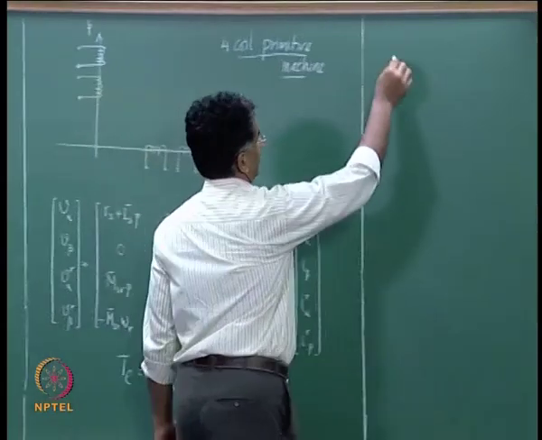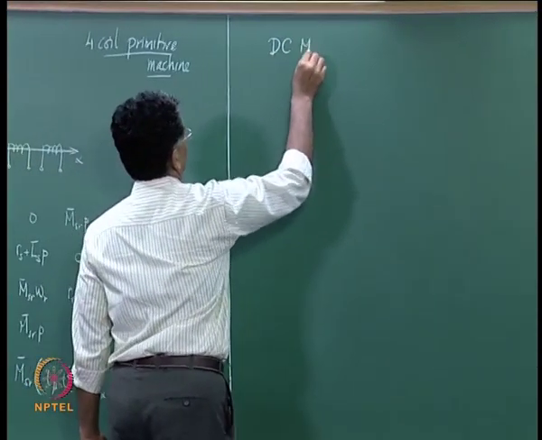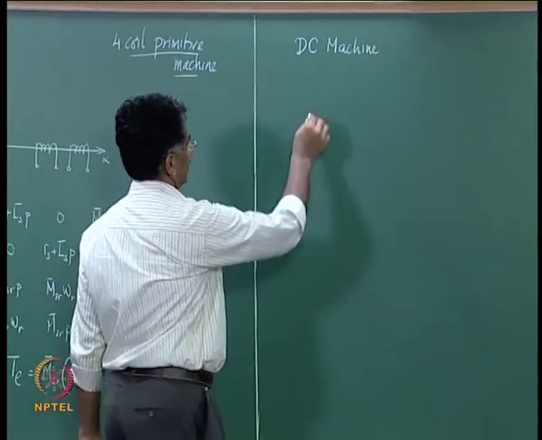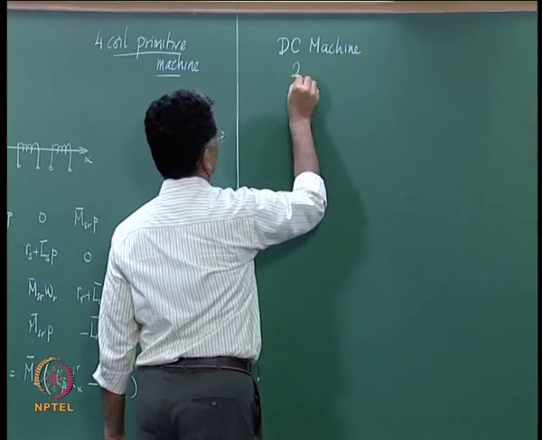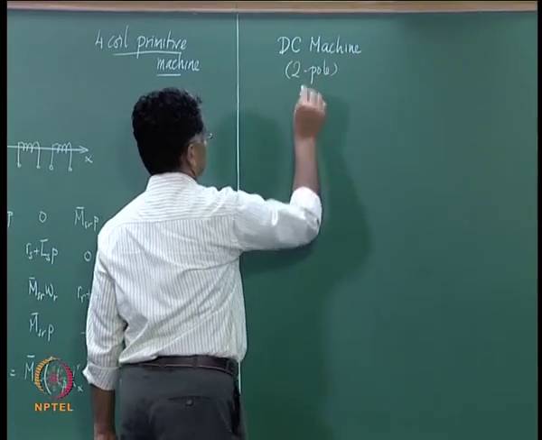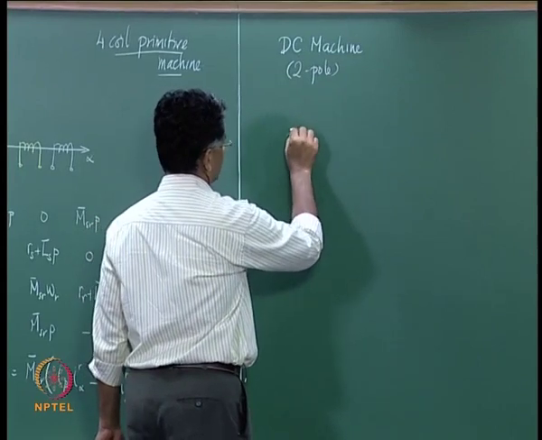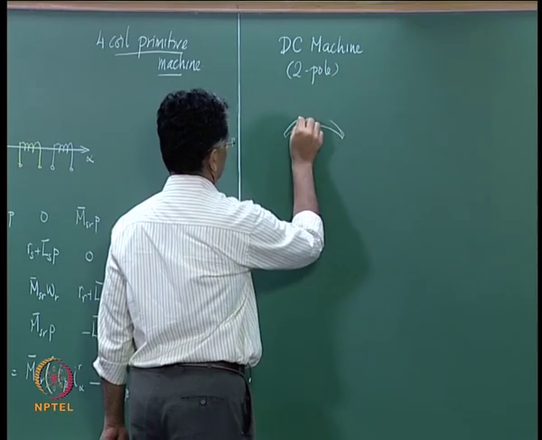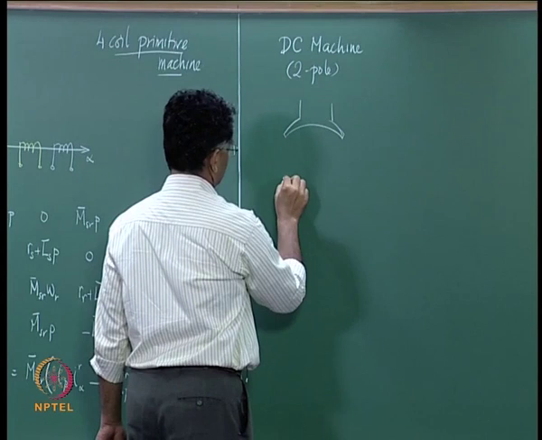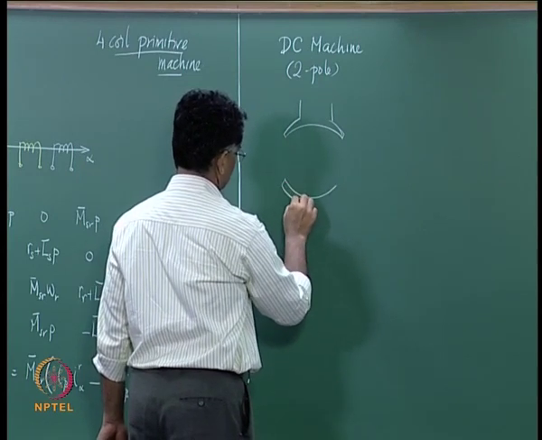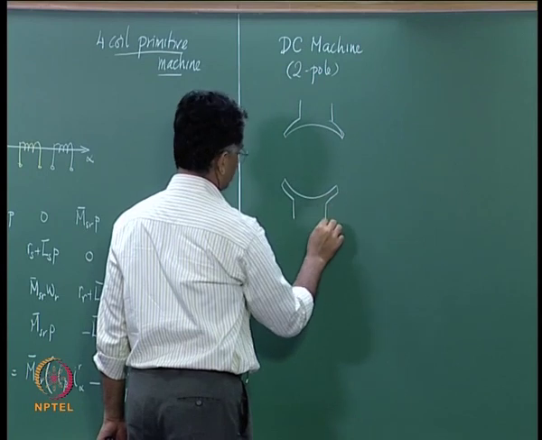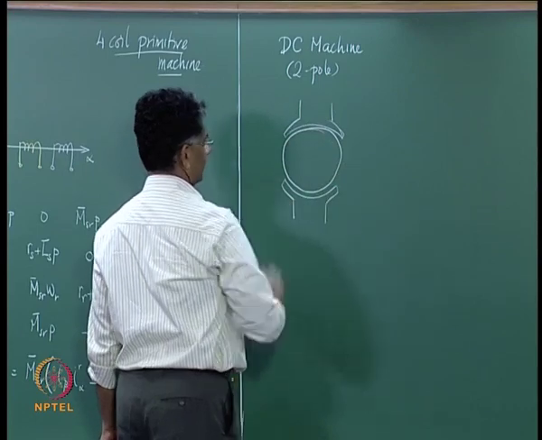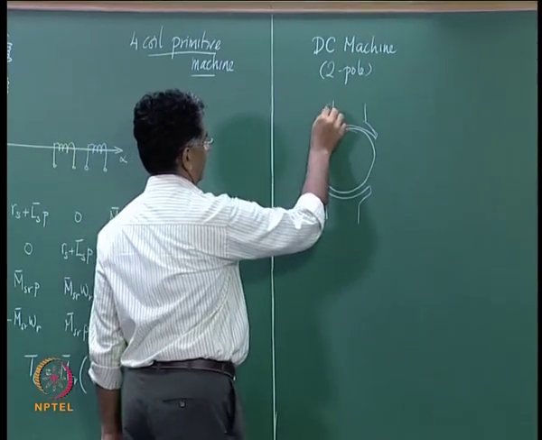Now, let us take a look at the DC machine. In the DC machine we have, let us take the case of a 2 pole DC machine. What we have is a field winding on the field poles, that is the pole structure, and then you have the armature which is going to sit here. So, you have field windings here,